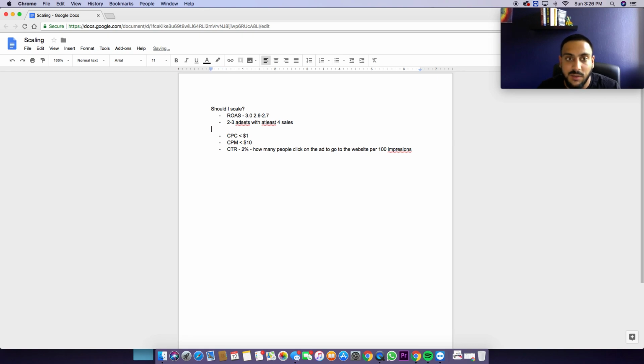So that's the first thing I'm gonna look at. I don't care what the CPA is, the cost per action, which most of the time is gonna be cost per purchase. I barely ever look at the CPP. I just look at the ROAS, because a lot of the times you're gonna have products that people buy 2 of them, or that you can bundle up. So there's a lot of different ways you can increase the average order value, that you can increase the ROAS. So that's basically what I look at.